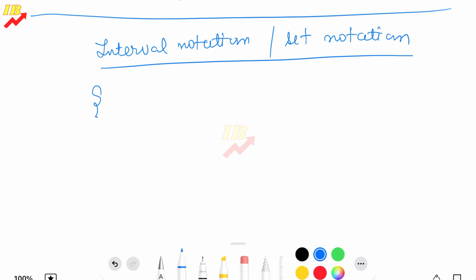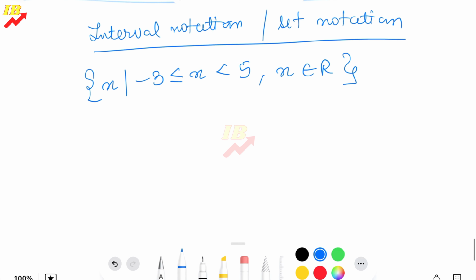So let's understand it with an example. If I'm writing x such that negative 3 less than or equal to x less than 5, and x belongs to all real values, how do we describe this? If I want to write a proper statement of reading it, I'll say x belongs to all real values